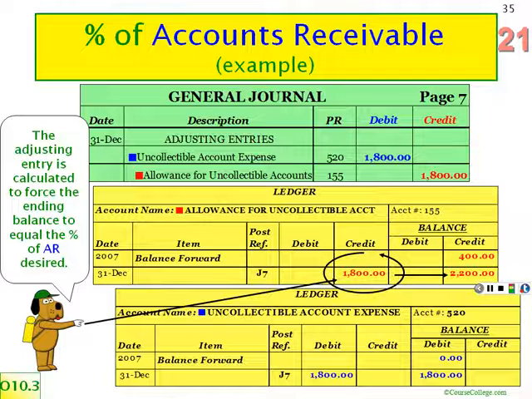But let's say this was a $400 debit balance. I would have to add $400 to $2,200. I would journalize $2,600, and it would wind up with a $2,200 credit balance. Don't be overly concerned about it, because we're going to do these problems, and you'll see it in real life. You expect it now, and you'll anticipate it correctly. Okay, so